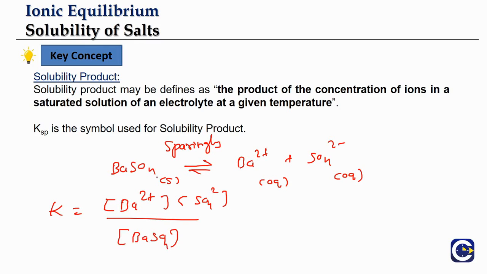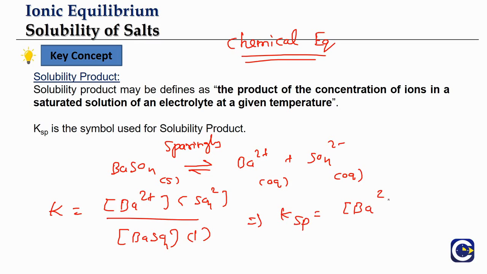And we know the salt, since it is a solid, right? Remember, this is something that we have been talking about from the chemical equilibrium itself. If you have a solid or a pure solvent, then the active mass of the substance will be taken as what? 1. So if we take the active mass as 1, the new equilibrium constant in this case is what we are now going to call Ksp. So Ksp is simply going to be what? The product of the ions of the particular salt when it is dissolved, raised to the suitable powers. Here the coefficients are 1 and 1 for both the ions, so that's why we are not having any powers on the barium 2 plus concentration or sulfate ion concentration. We'll see in some other examples how it is going to change.